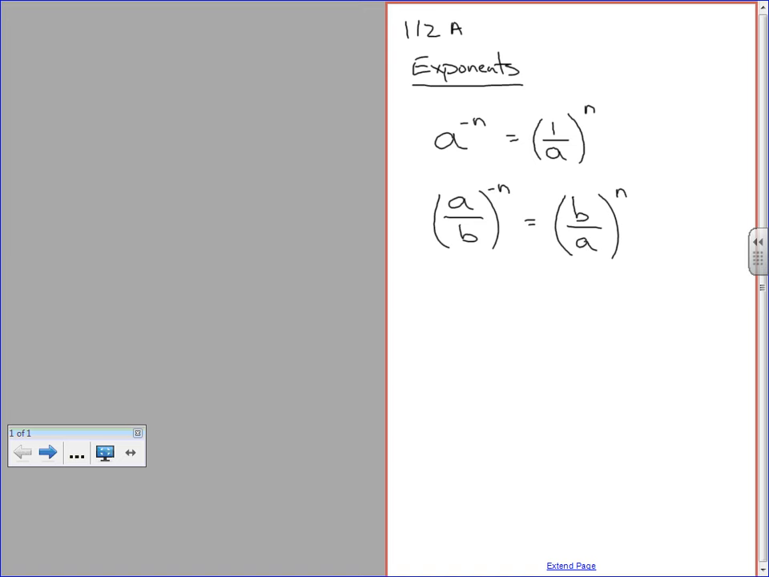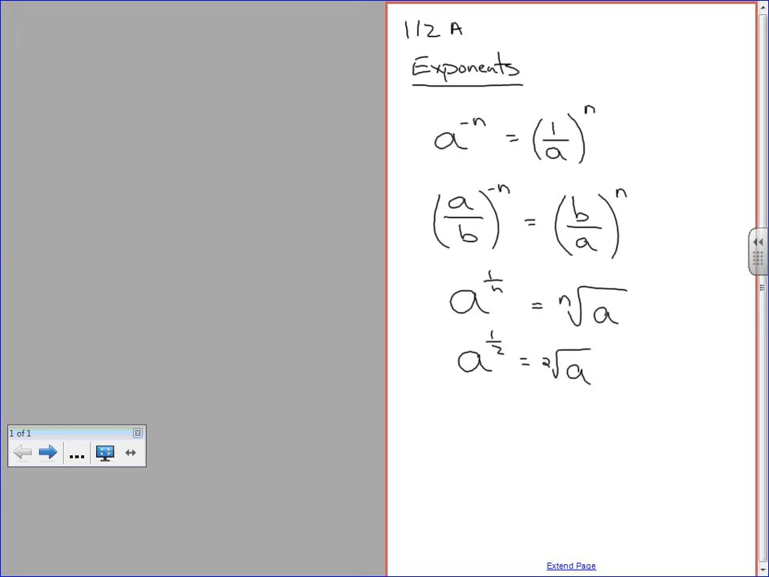The next thing is rational exponents. Rational just means fractions, right? So rational exponents is the exponential way of representing radicals. So when I have a to the 1 over n, that means the nth root of a. The most common one we're going to deal with is 1/2. So any base to the 1/2 means the square root